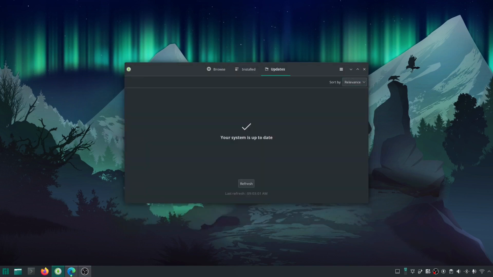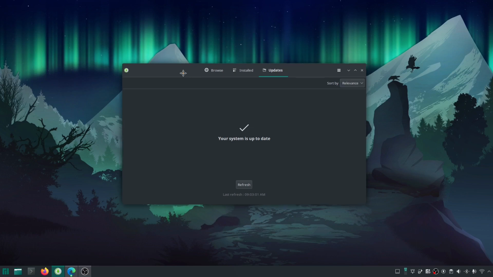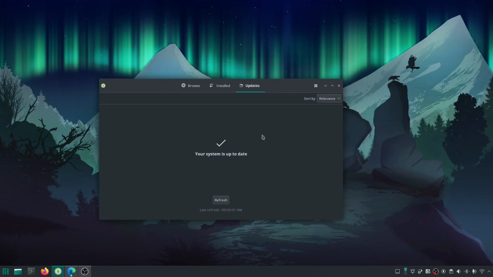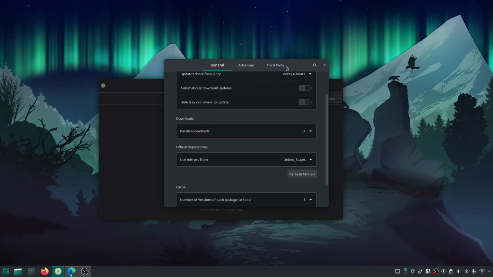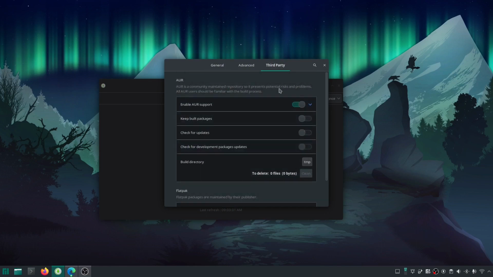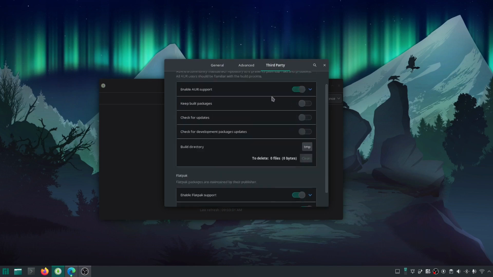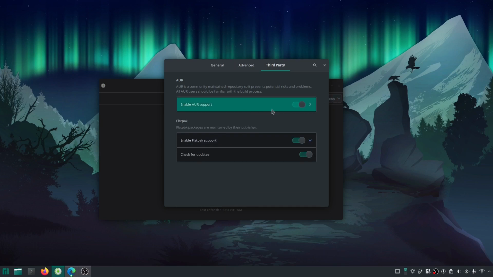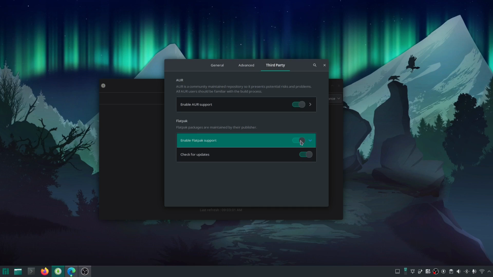So the next thing that you would want to do is enable Flatpak support, which we can do here in the pacman interface. But go back to this hamburger icon, and we go to Preferences, go to Third Party up here at the top, scroll down a little bit. If you had the AUR enabled, it might have pushed it down some, but scroll down, you'll see Flatpak, and you can tick the Flatpak option on, and if you want to, you can tick on the option for checking